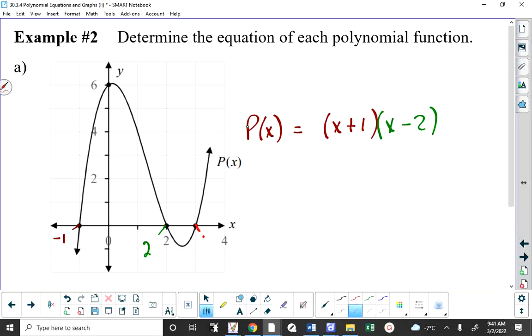We have an x-intercept of 3, and that means that our polynomial function must contain a factor of x minus 3. We can do a little check here. If I were to expand out what I believe is the answer, I would get x cubed as a leading term, which means it's an odd polynomial function. So if I look at the graph, the 2 arms should be in opposite directions. And since if I were to expand this out, I get positive x cubed, the right arm should be up,